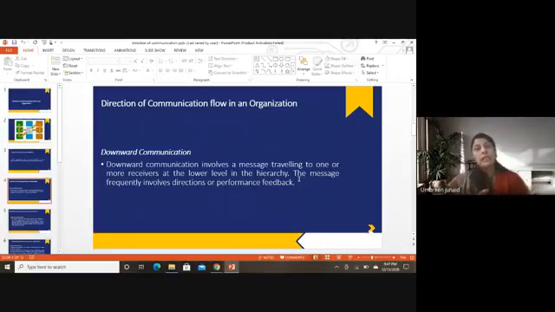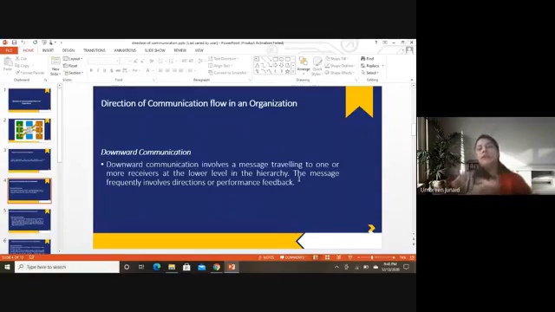So obviously, in the same way, communication flows in an organization. It hardly and rarely happens that a CEO of the company directly sends a message to an assistant manager. It rarely happens because he or she will send the message following a proper channel, and that message would travel through that channel, to the immediate boss of that person, and then that message would be conveyed to that person through his or her boss.